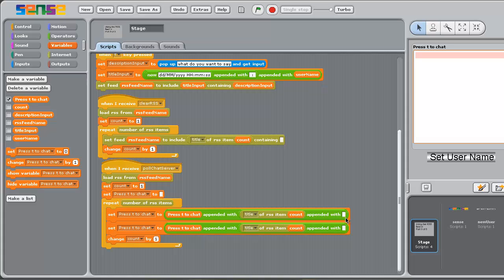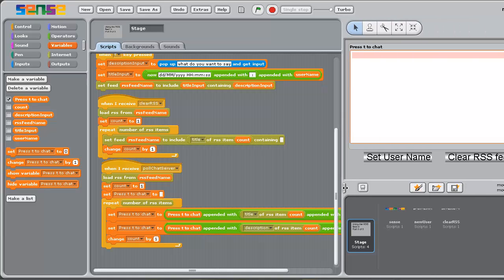Now the reason I've got an extra append here is if we just duplicate it like this, what we're actually going to find is that there's going to be a whole string with no breaks in it. So Sense does support some HTML, and in this text block, we're going to include break, which is BR in HTML language, like that. So what that's going to do is import first the title, break it, then the description, and break that. It's going to be imported into Press T to Chat, which we've got displayed here. So if we bring this back across, like so,